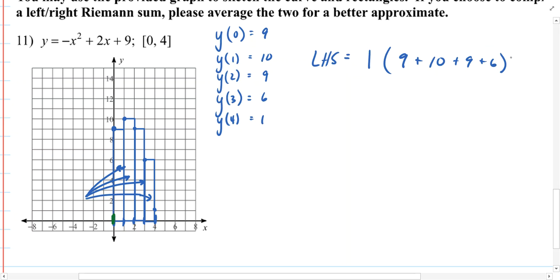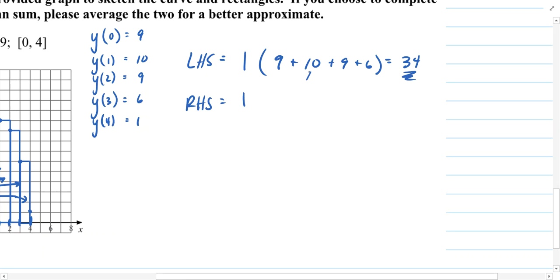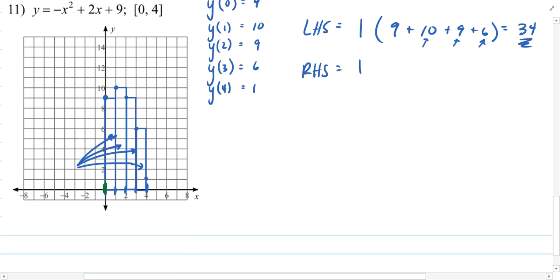So our left-hand sum we can pretty easily calculate since the sum of this is multiplied by 1. And so we've got 19 and 9 is 28, plus 6 is 34. So our left-hand sum is 34. Our right-hand sum is very similar. We use this, and this height again, because now,